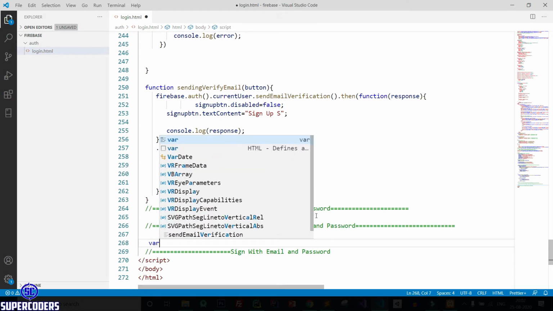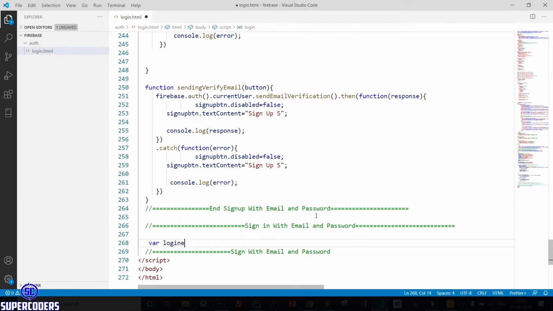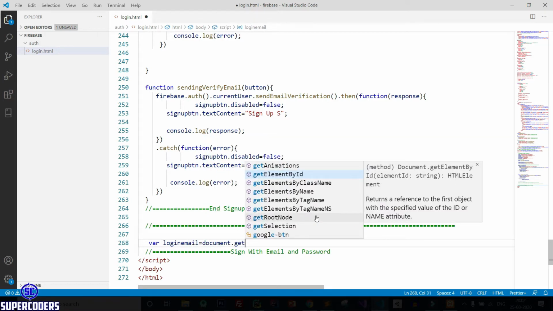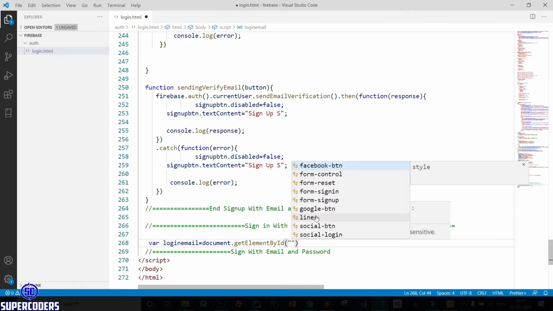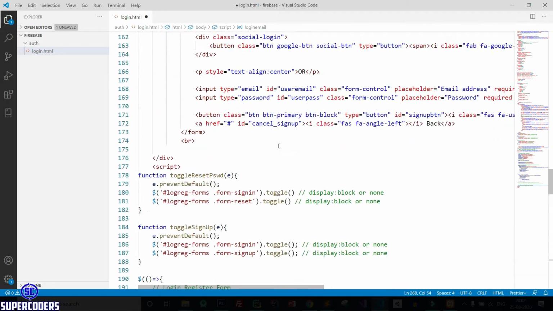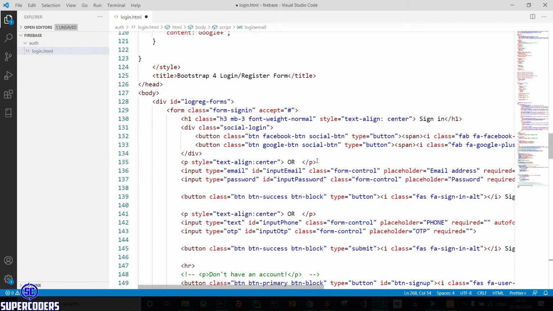First, login email equal to document dot getElementById, then input email. Let's check it again. Is it input email or something different?